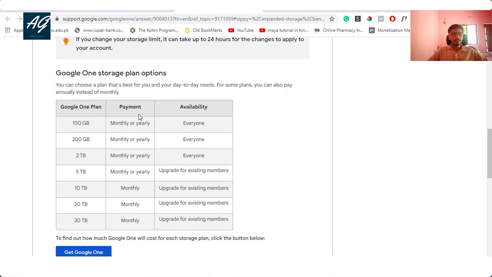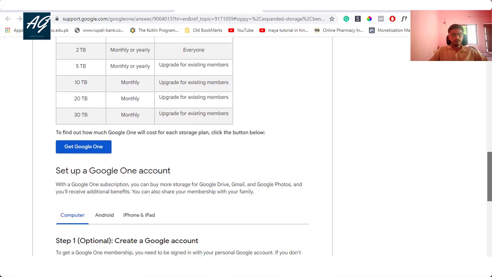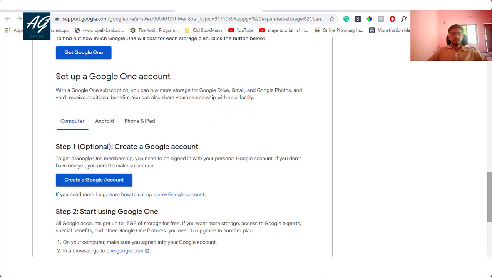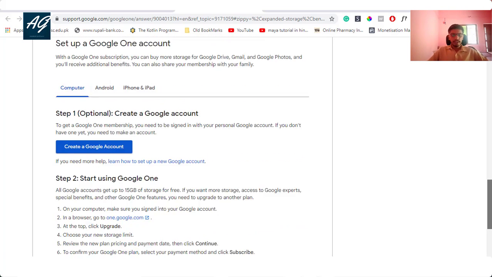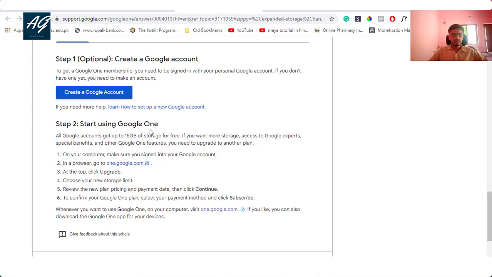These are the storage plans. If you want to buy one, you select it. And how do you sign up? You need a Google account. I will show everyone my Google account, and if you don't have one, you create your Google account first to use this Google One service, and then start using Google One.